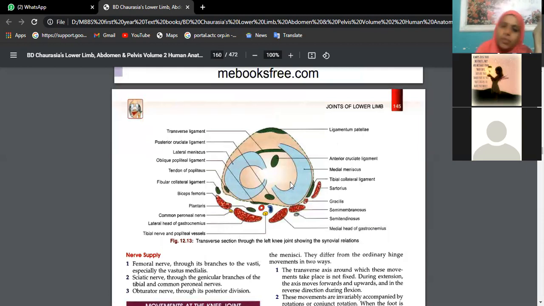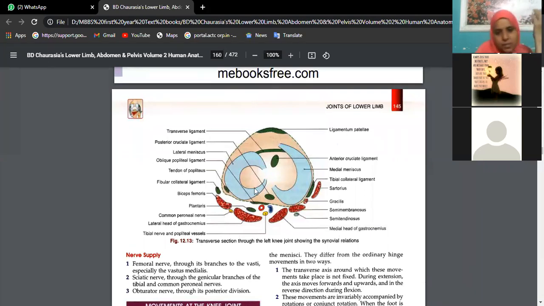So on the superior aspect of the medial condyle of the tibia, we have the medial meniscus, which looks like a crescent. It has an anterior end and a posterior end. We identify this as the anterior end because this is the tibial tuberosity receiving the insertion of ligamentum patellae. Then this C-shaped, you are finding half semicircular shaped fibrocartilaginous disc.